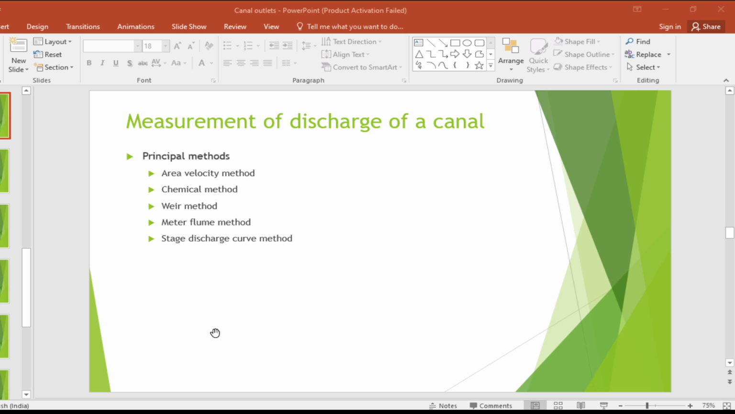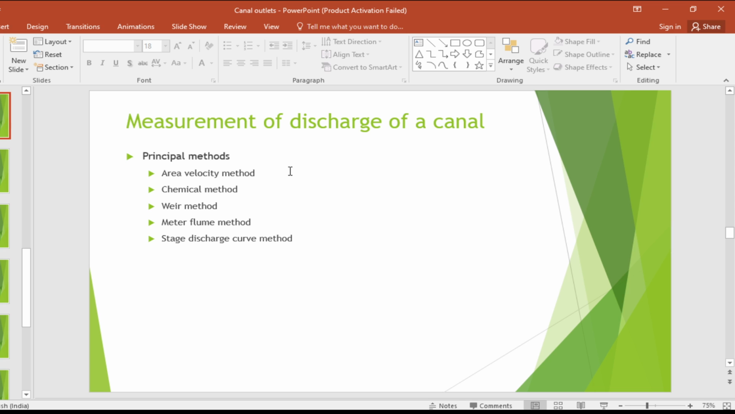effects of waterlogging, canal classification, canal alignment, canal losses, lining of canal and maintenance of canals. Maintenance of service roads also. So this is the last part of the module, measurement of discharge of a canal. In this part, the different methods for calculating or measuring the discharge through a particular canal section are mentioned